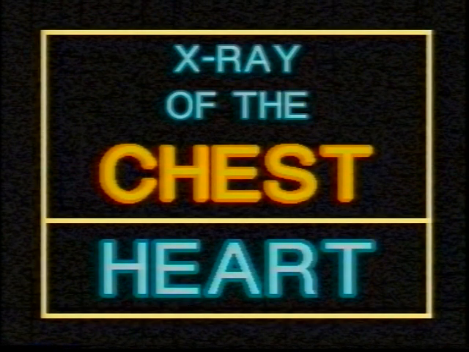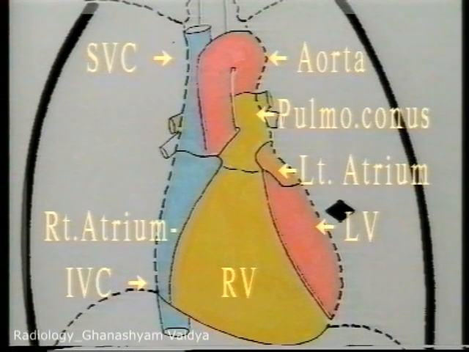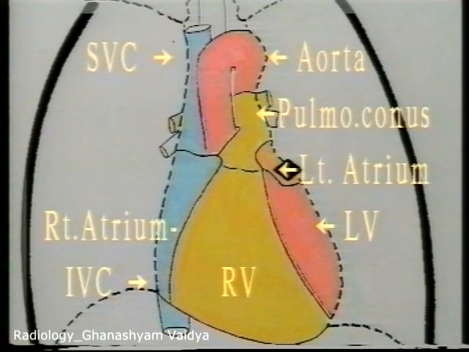In this section, we will first study the anatomy of the cardiac silhouette as seen on the X-ray. The black pointer is on the right atrium. Now this is the superior vena cava draining into it, and this is the inferior vena cava draining into it. This is the right ventricle, the pulmonary valve, and the pulmonary conus which divides into the right and left pulmonary arteries. This is the left ventricle leading to the aorta and the arc of aorta. And this is a small projection of the left atrium laterally.